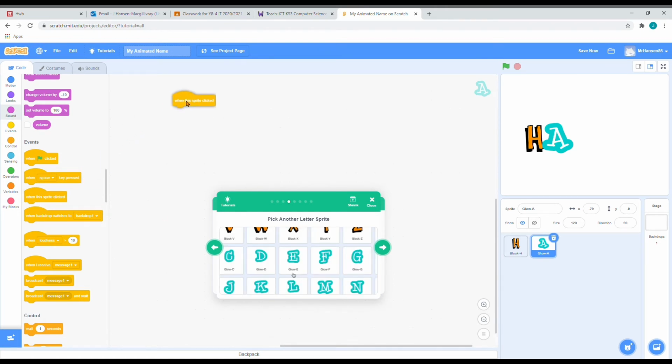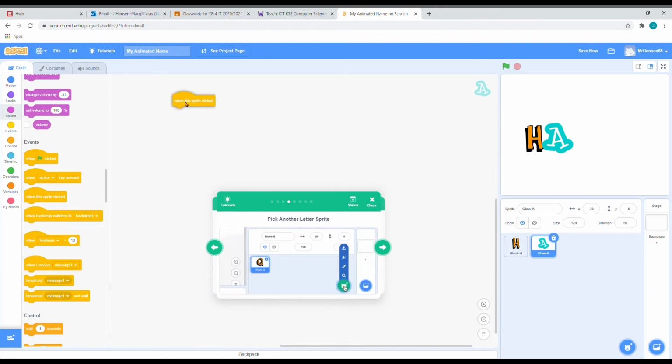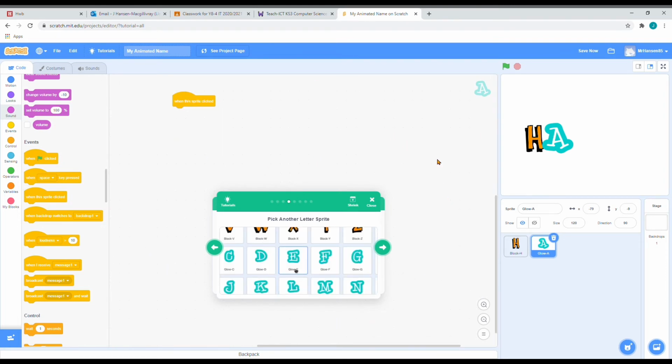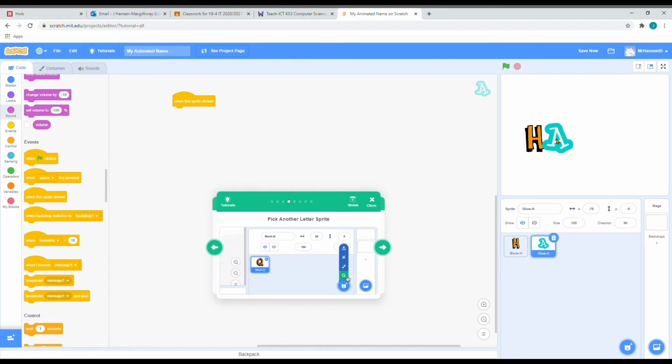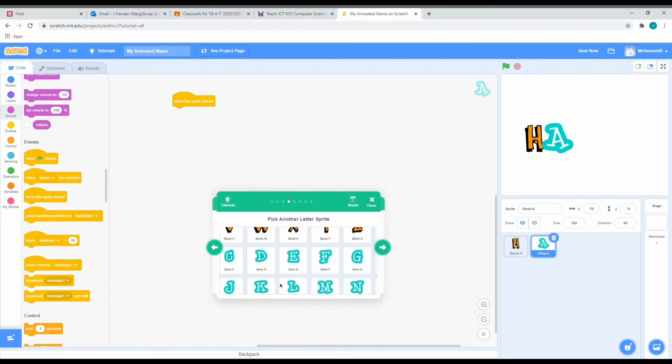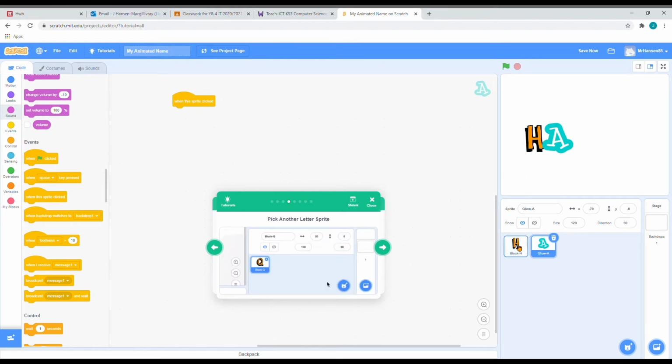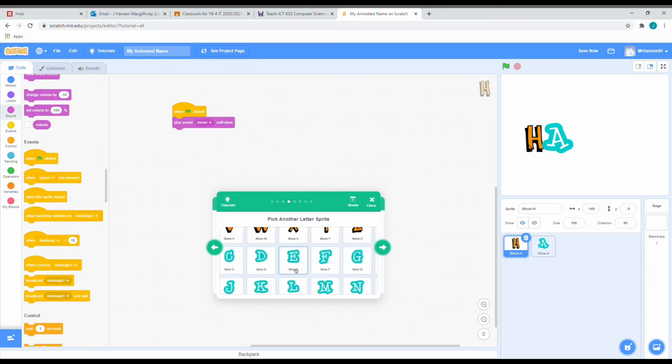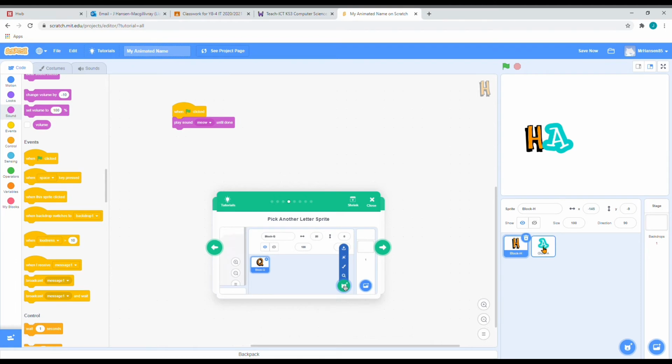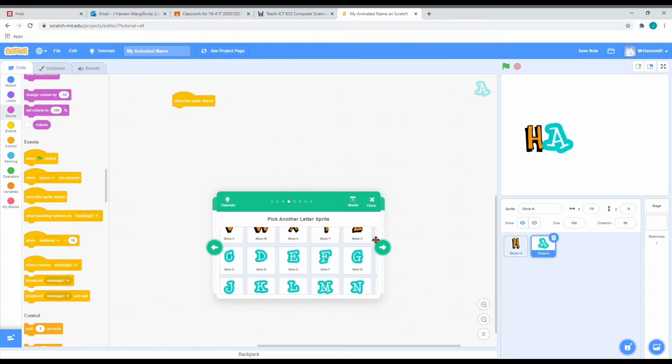and then when this sprite is clicked, drag that block over. You'll notice that the pane is now empty again because we are writing code for a new sprite, not the old sprite. So if we select the sprite down there, we have that. And there's our new sprite. Okay, so